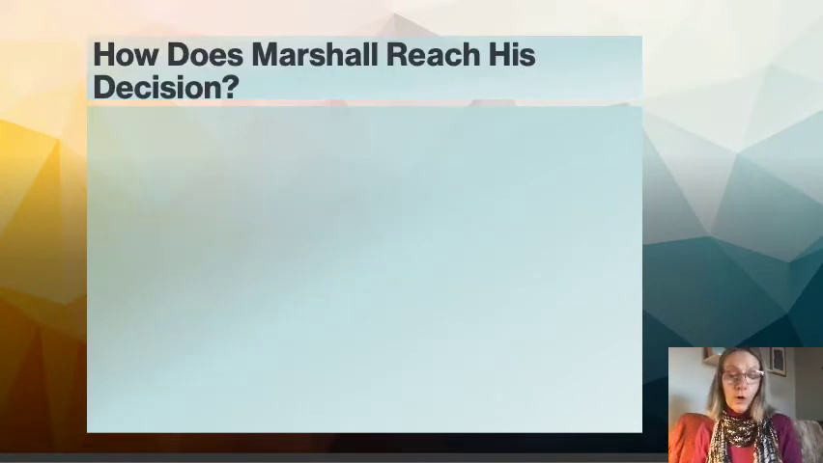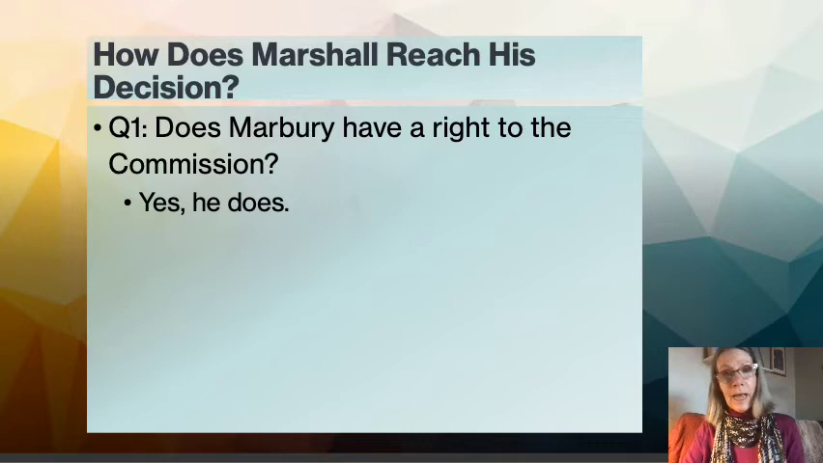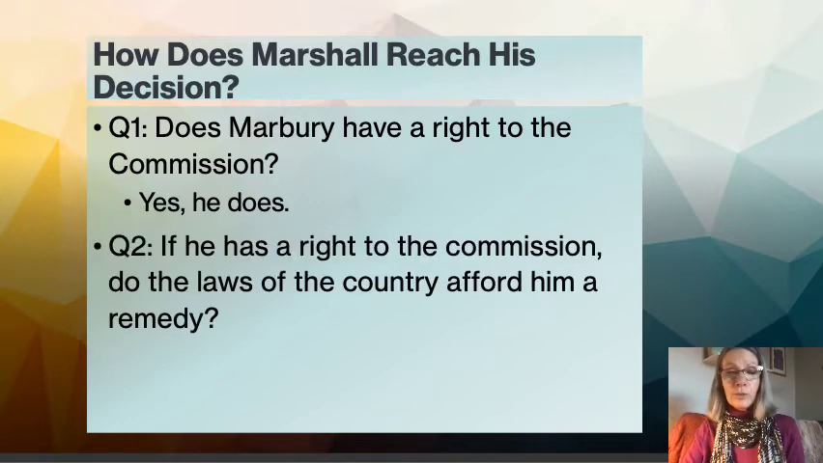So the Supreme Court rules that the provision of the Judiciary Act of 1789 is unconstitutional. So how does Marshall, and how does the court, reach this decision? Well, he asks a series of questions, and then in his decision, he answers those questions. The first question he asks is, does Marbury have a right to this commission? And he says, yes, he absolutely does have a right to this commission. He was nominated and he was confirmed by the Senate, and therefore he has a right to be seated as